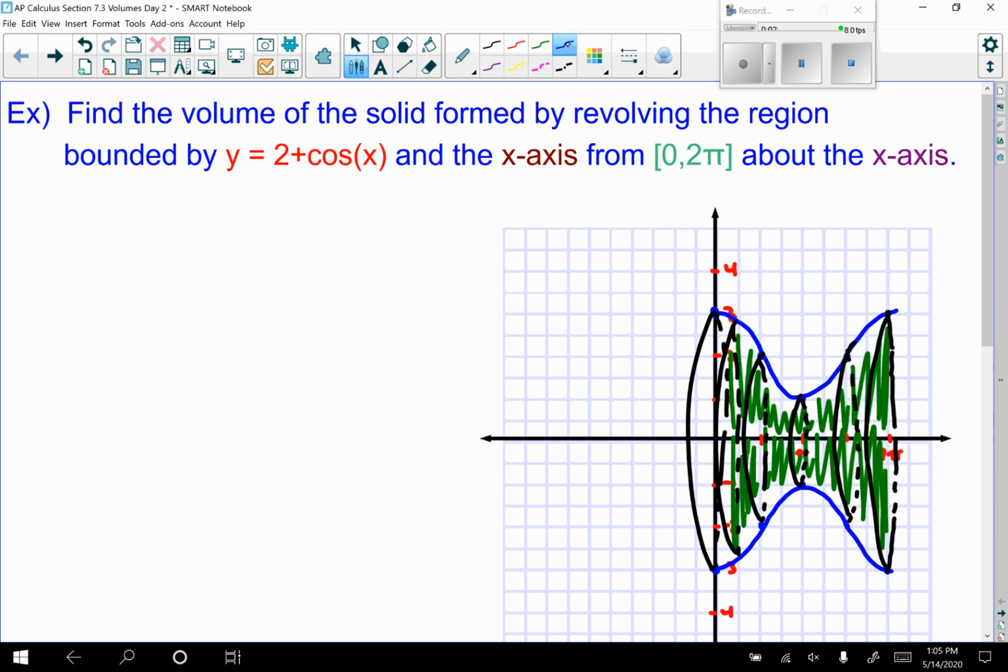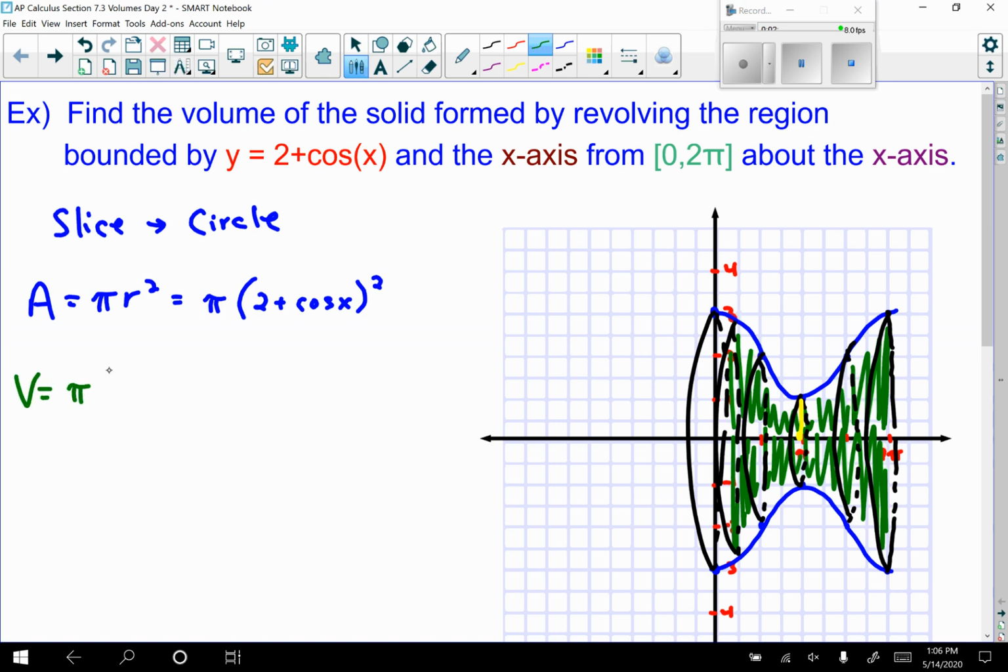All right, so again, each slice is a circle. The area, again, pi r squared. Here, each radius, again, is going up to the y value here. So it's going to be this quantity 2 plus cosine x squared. So this becomes pi times the quantity 2 plus cosine x squared. So then our volume, we again could keep the pi out in front. It's going to be the integral from 0 to 2 pi of 2 plus cosine x squared